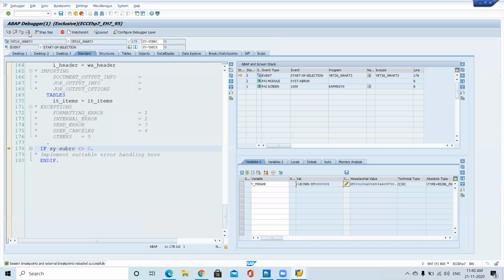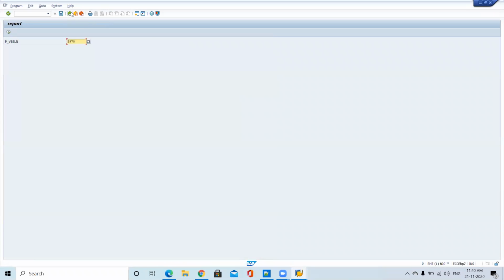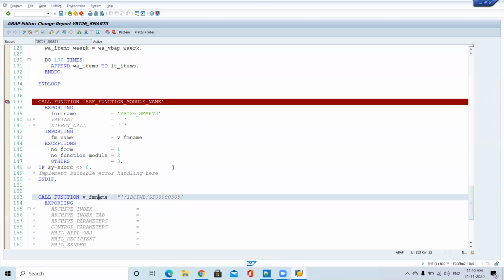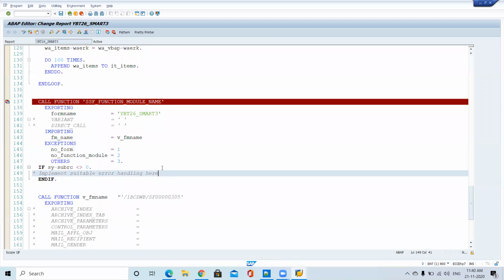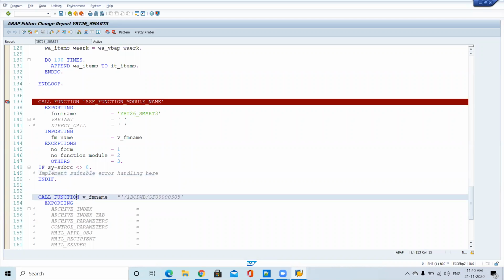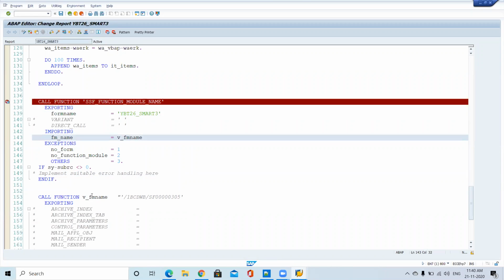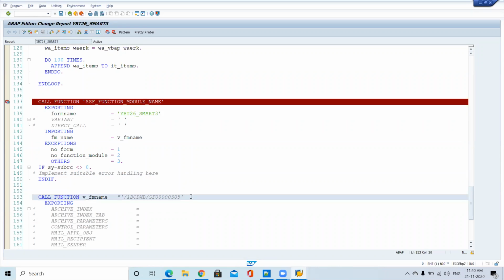Okay, this is the important point actually. Beginners definitely are not aware of this. They simply call that function module, and when it goes to the next-level system it will go for a dump, which will be a big issue. So once everything is working, at the last minute before transporting to the next system, call this function module and pass your smart form name. It will return the relevant function module name. Pass that, just to remove this hard coded value.